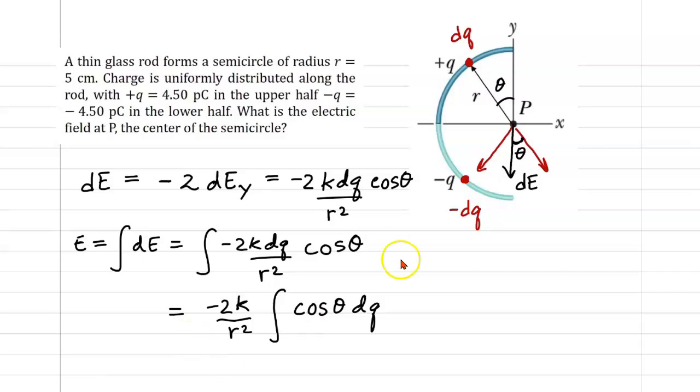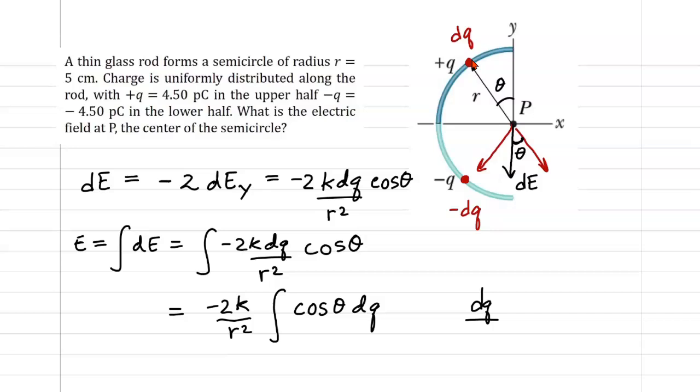The amount of charge that is spread out here must be the same density as the amount of charge that's spread along this whole thing, right? So the ratio, say, for example, dq to this small infinitesimal distance,